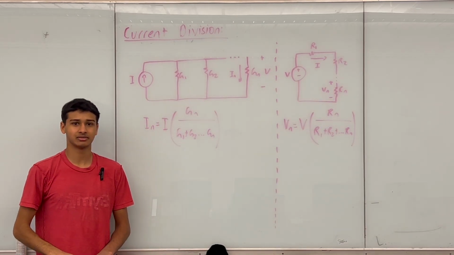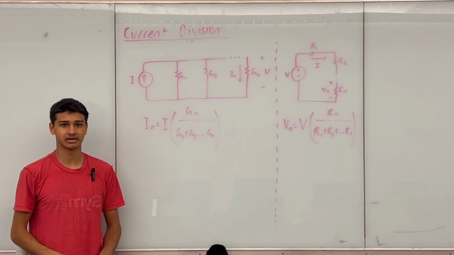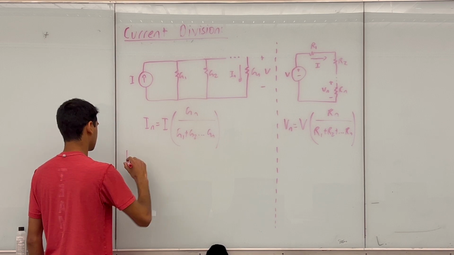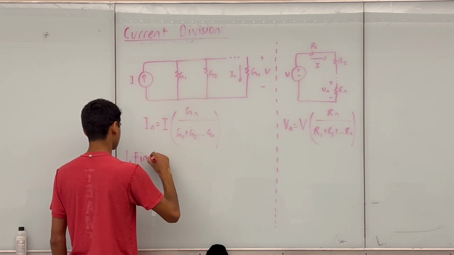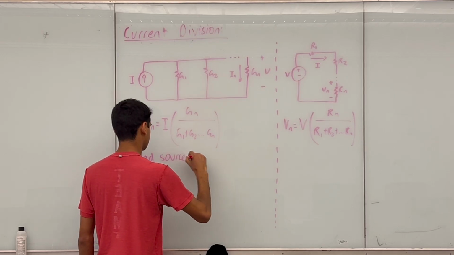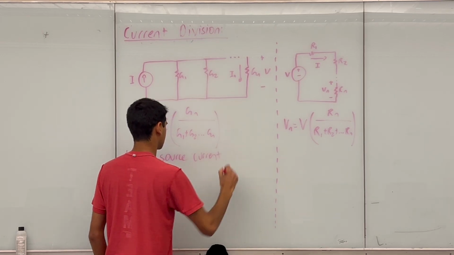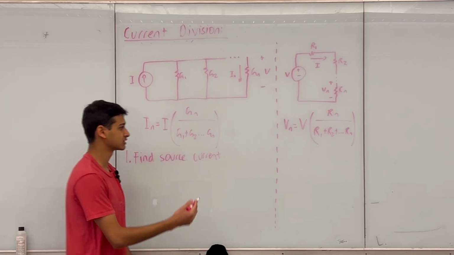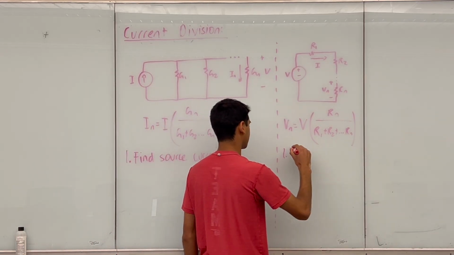So the way I'm going to try to make it intuitive is I like to think about it in terms of proportions. So the first thing I like to do is start with the left side. Find your source current. In this particular case, my source current is just this current source I. I'm going to do the same thing on the right side, but I'm going to find my